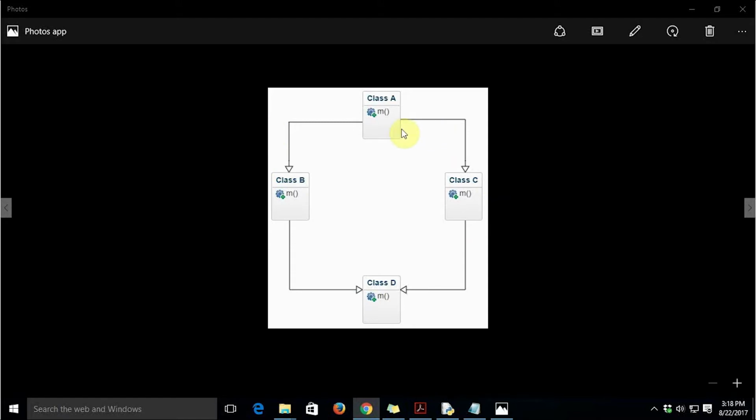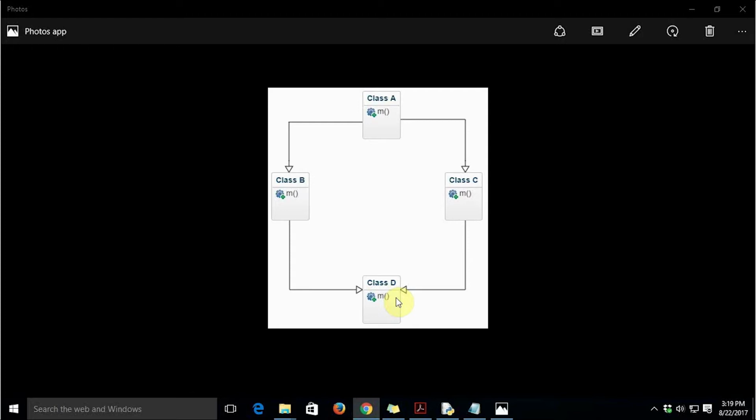hierarchy is nothing but hierarchical inheritance, because we are deriving classes B and C from A. We are deriving multiple classes from a single class, so that is hierarchical inheritance. And then again we are deriving a single class, class D, from classes B and C, so that is multiple inheritance. So we have got multiple inheritance as well as hierarchical inheritance in the same organization.